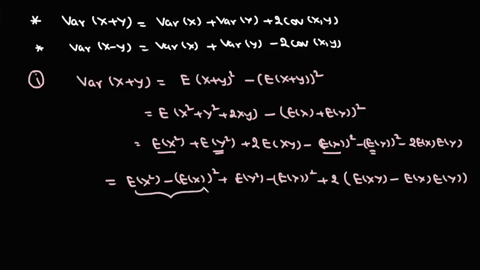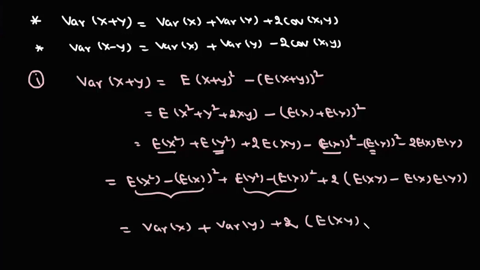ये है आपका वेरियंस ऑफ एक्स, और ये हो गया आपका वेरियंस ऑफ वाई। तो इसको हम लिख सकते हैं, ये है वेरियंस ऑफ एक्स प्लस वेरियंस ऑफ वाई, और प्लस 2, और ये है हमारा एक्सपेक्टेशन ऑफ एक्स वाई माइनस एक्सपेक्टेशन ऑफ एक्स इंटू एक्सपेक्टेशन ऑफ वाई। अब ये एक्सप्रेशन हमको कोवेरियंस के टर्म्स में